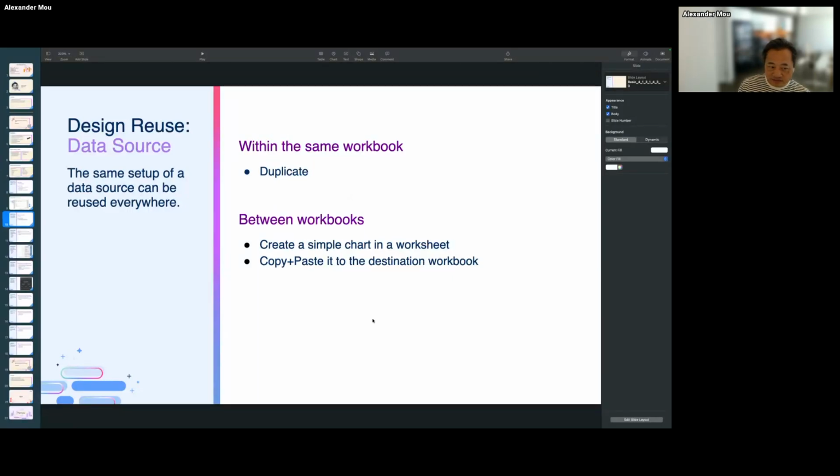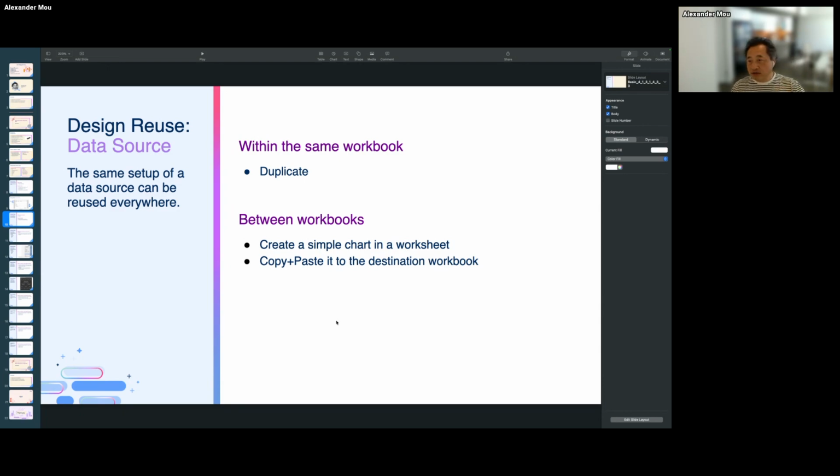Okay, yeah, because the data source can be complex. We show the setup to the server, right? We have to fill the address, the username, stuff like that.